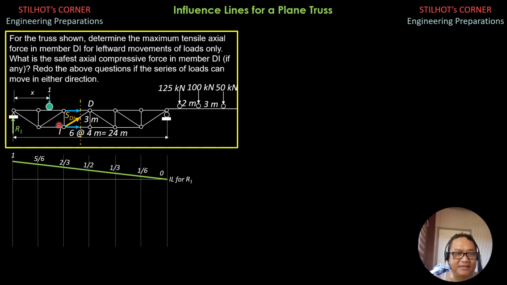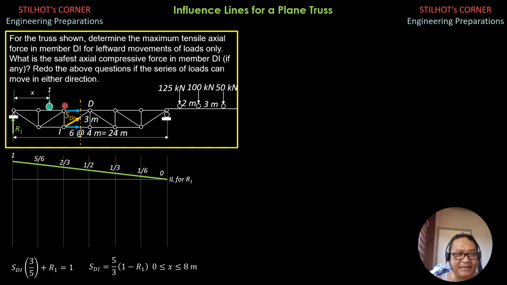So for SDI, the slope is 3 vertical, 4 horizontal, so 5 hypotenuse. The equation would be set so that these two blue bar forces won't be involved in the static equation, sum of forces y. So SDI times 3 over 5 plus R1 equals 1, or SDI is equal to 5/3 of the quantity 1 minus R1, and this equation for bar force of SDI is applicable for 0 less than or equal to x less than or equal to 8, up to here.